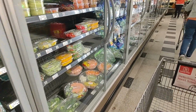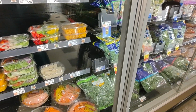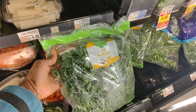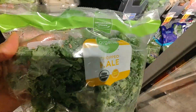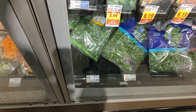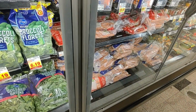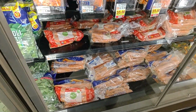First things first, let us get some greens. I needed some greens for this recipe I'm making. Those are some organic chopped kale. The organic varieties are usually about $1 more than the non-organic one, but I promise you it's worth it. Not only does it not have the pesticide and everything in it, it also makes the taste more and more